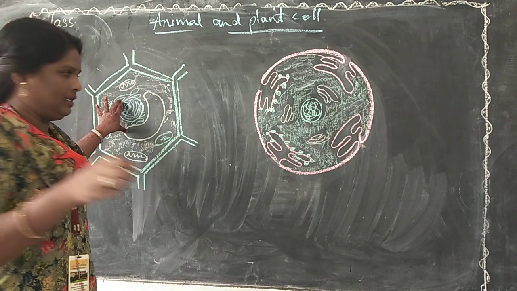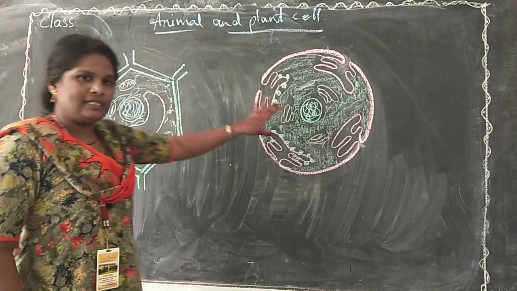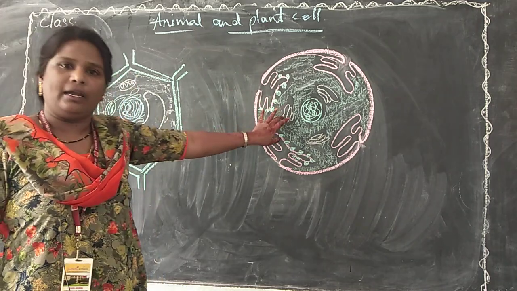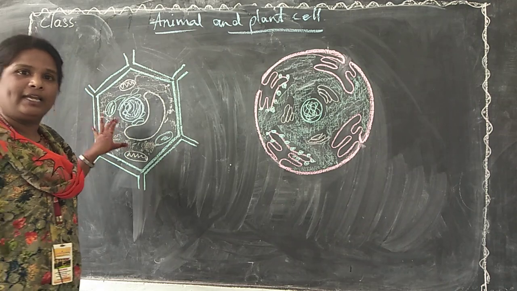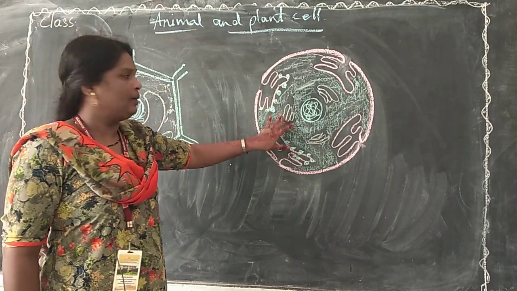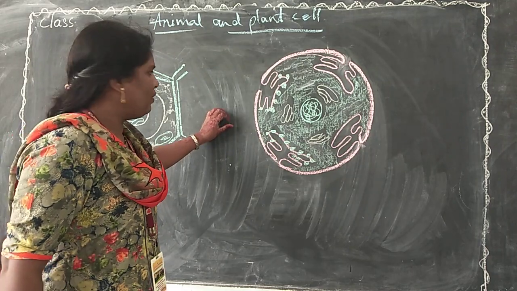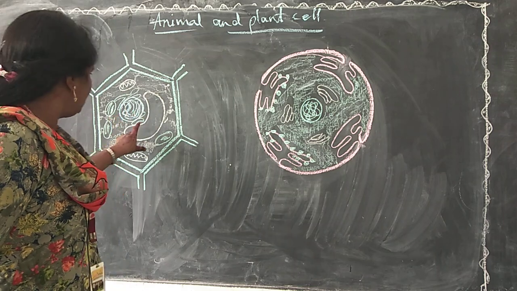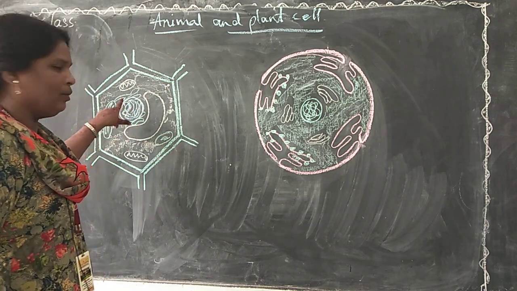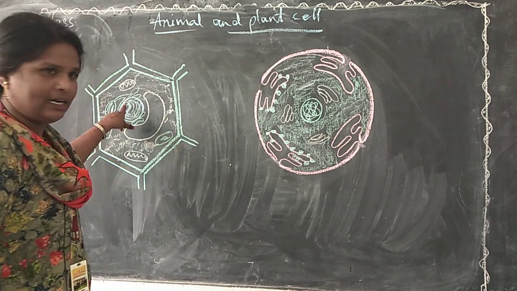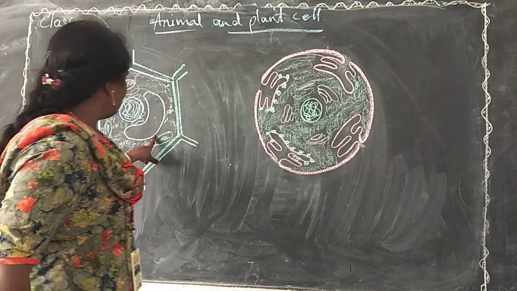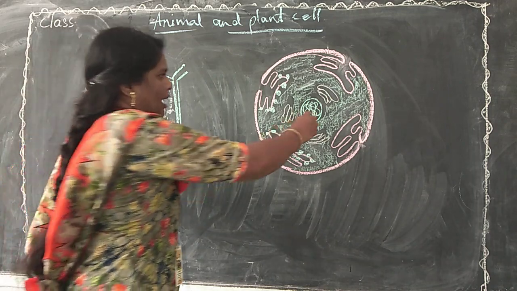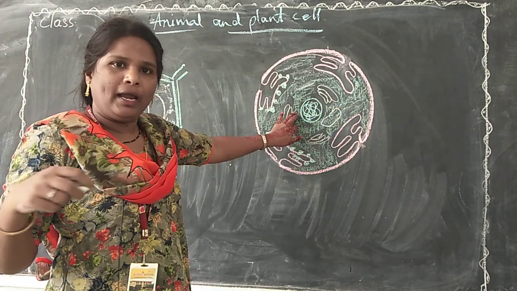This is a plant cell and this is an animal cell. Here you can see the differences between the plant cell and the animal cell. The plant cell is rectangular in shape and the animal cell is circular. Now I will explain what is there in the plant cell. In the middle, a prominent nucleus is present. The main functions occur with the help of this nucleus. After that, this is the vacuole. A large vacuole is present in the plant cell, and a small vacuole is present in the animal cell.